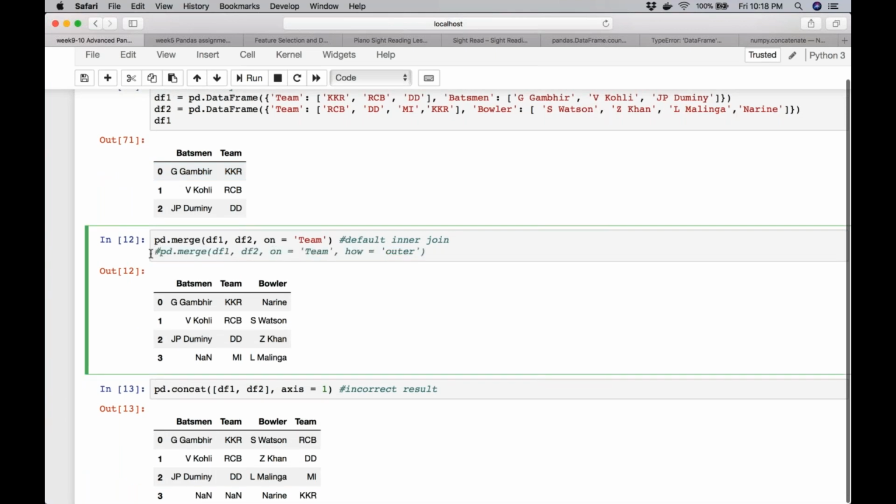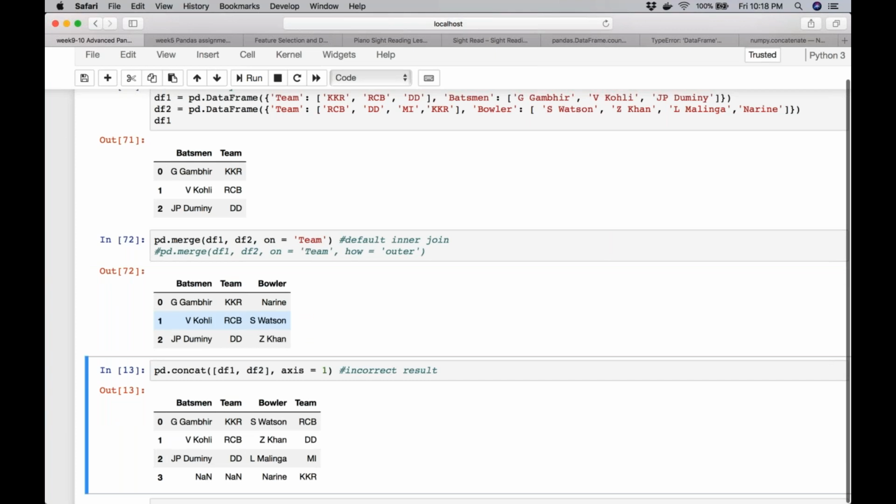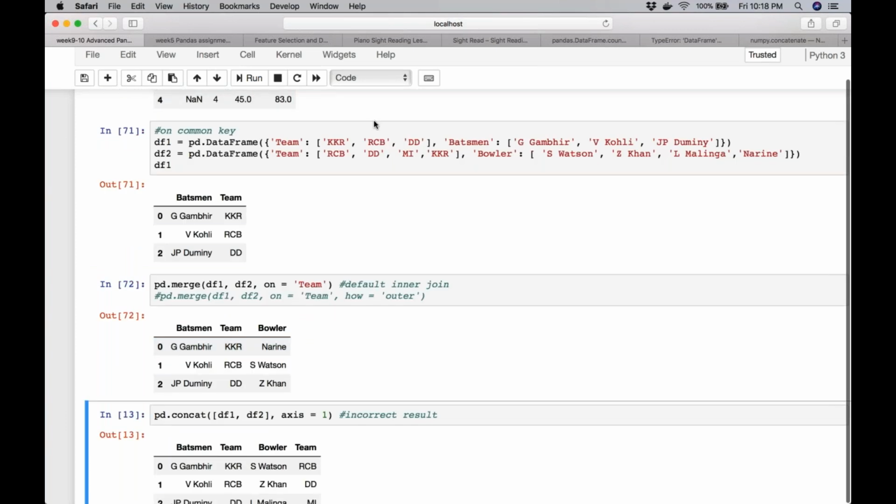So the default inner join, what happened? The first thing that happened was our team name got aligned. So it did use some intelligence here, because in the second data, DF2, the first team was RCB, but it brought it down. So it did the merge on the basis of DF1, and then intelligently picked up the corresponding bowler in DF2.